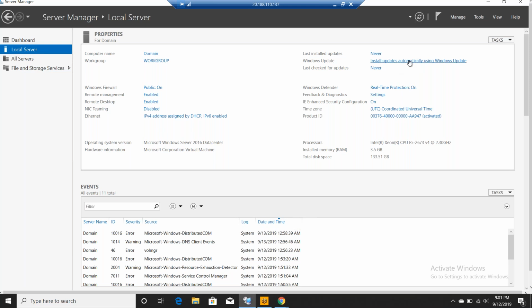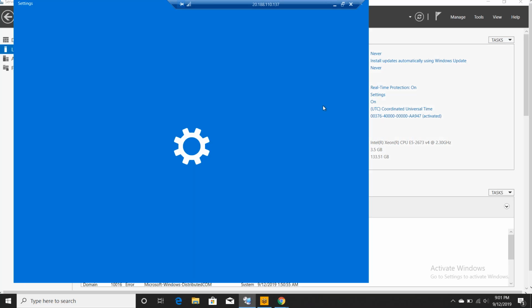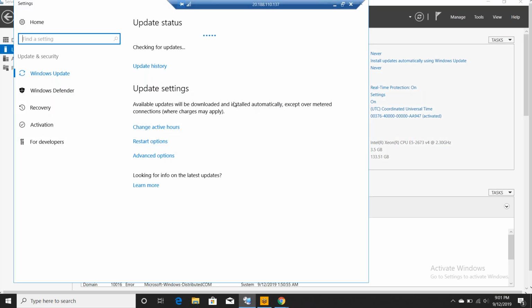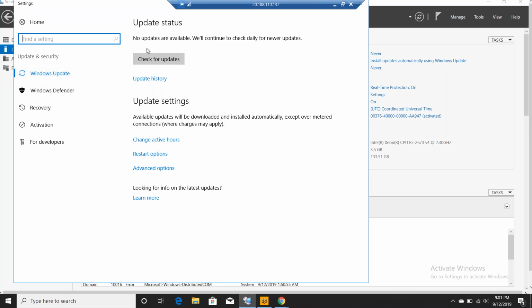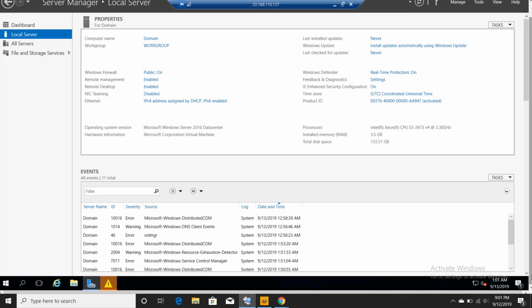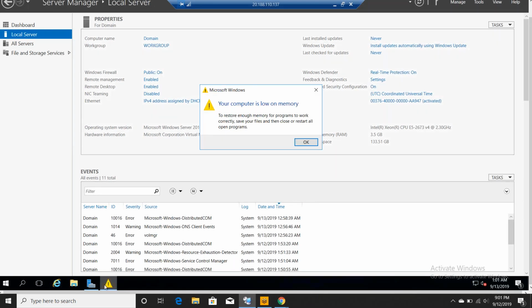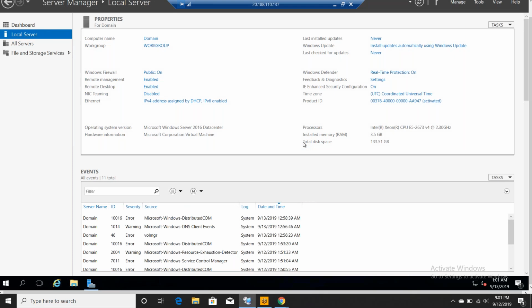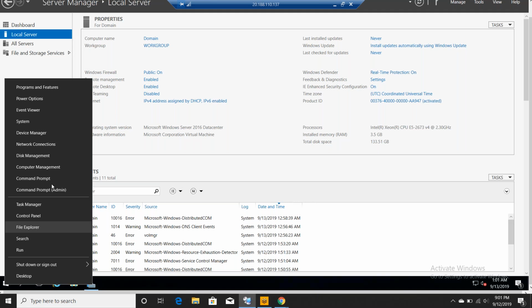Okay, so you see this is checking updates. You see no updates are available. We will continue to check on a daily basis. We don't want that to happen. So there is one option to stop this. See, this is giving a low memory issue because this is Server 2016. So right click on this and choose Command Prompt (Admin)